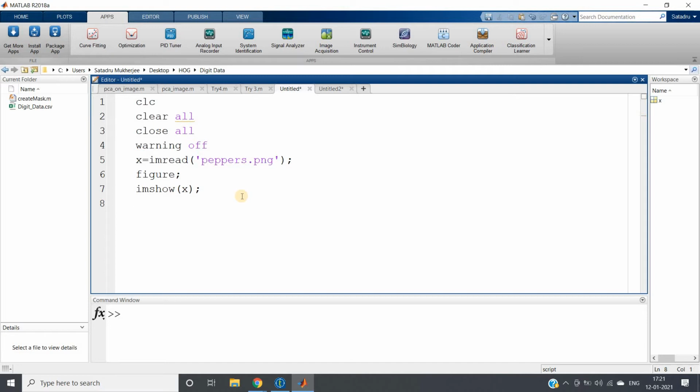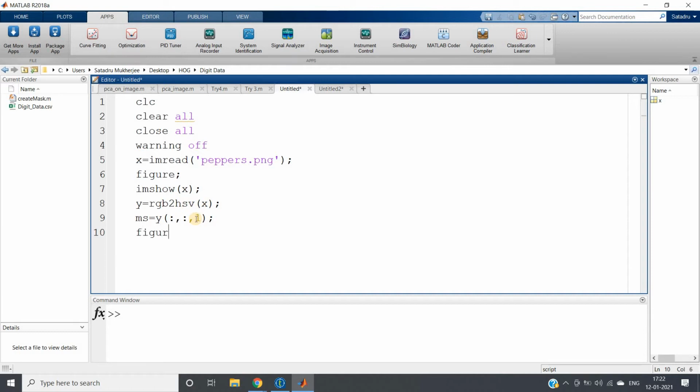Now what we can do, we want to shift in the hue domain. Okay, so first we will be converting from RGB to HSV. So y equal to rgb2hsv of x. Okay, we have converted from RGB to HSV. Now we will be extracting one particular component, that is the hue component. Okay, so y of colon, colon, 1. Why am I trying to work with the hue component? Because if we are able to change these hue values, then obviously the color is going to change, because hue is the main controller for color, right? Then what do we want?